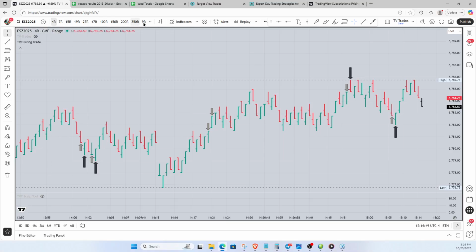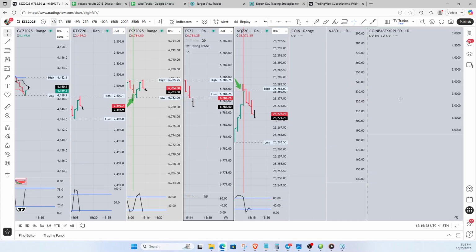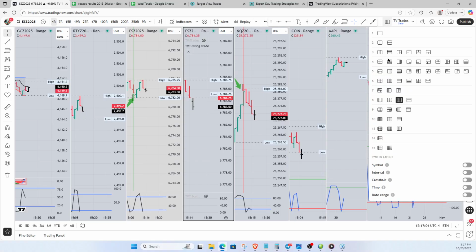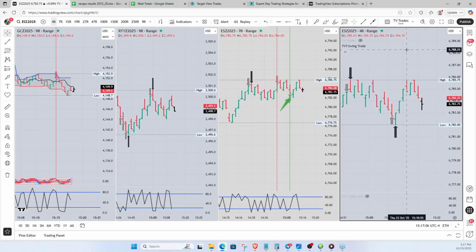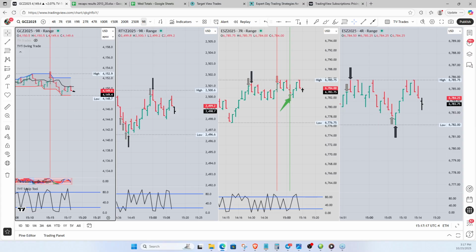To add custom bars, let me find a chart that doesn't have a whole bunch of things on it. Let me just create a new layout, because if I do it this way, it's not going to look like yours at all. So let me create a new layout and I'll show you. Okay, you save this one. Any of you guys, I put the link in the comment box for you to have this right now. You can click on that link and make a copy of this if you want right now. So yours will be loaded looking just like this if you want it.